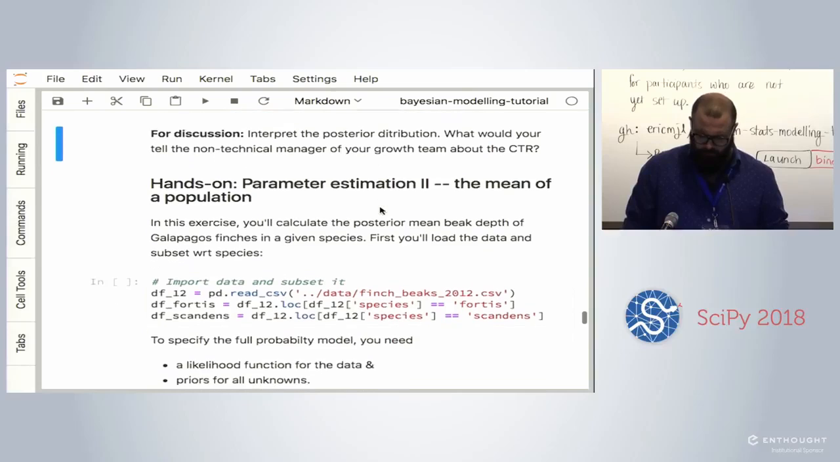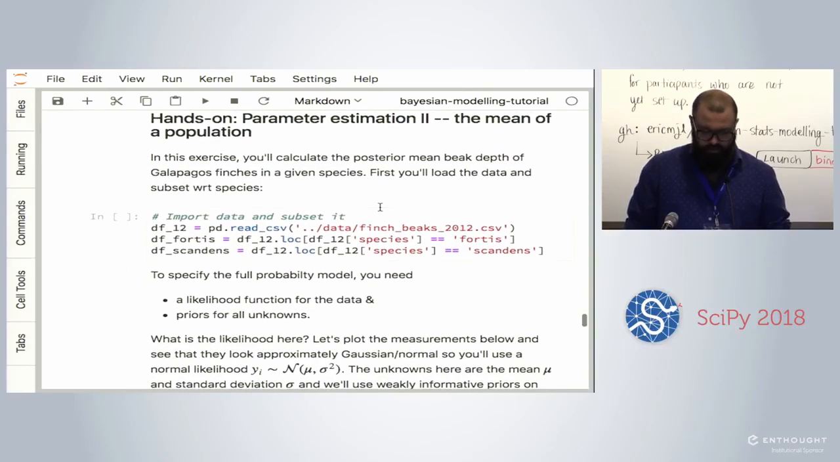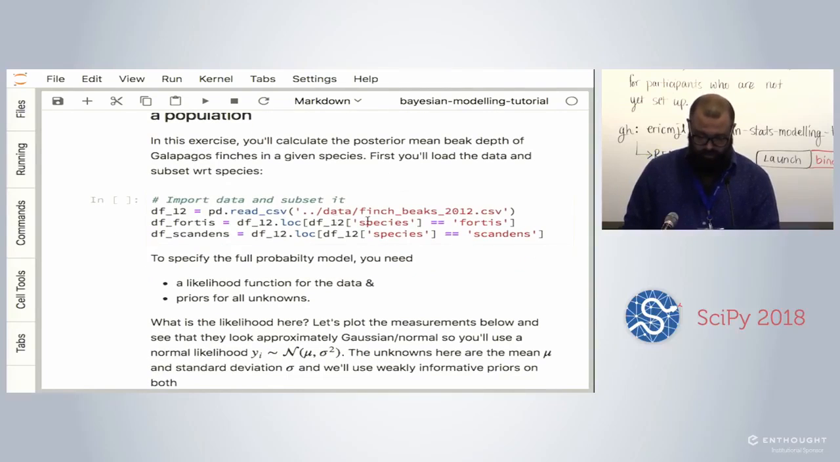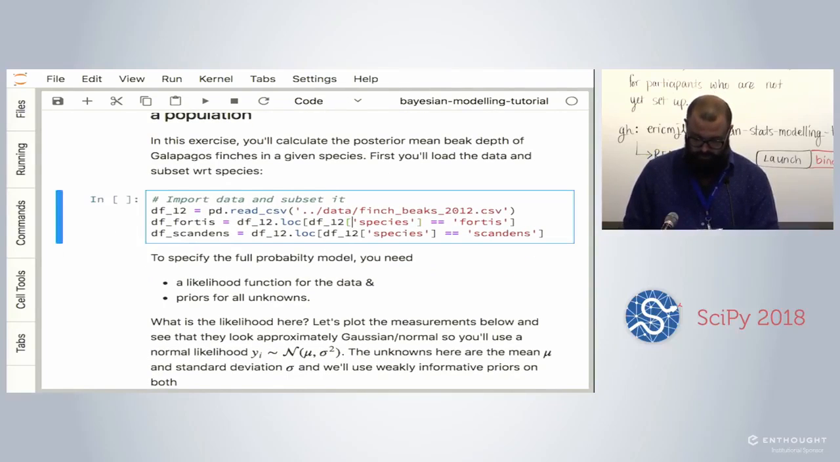So what I'm going to get you to do now is take 10 minutes, and then I'll hand over to Eric, but take 10 minutes to have a look at the Galapagos finches data to estimate the posterior of the mean beak length, okay? So I'll just take you through what I've done here. We're going to import and subset